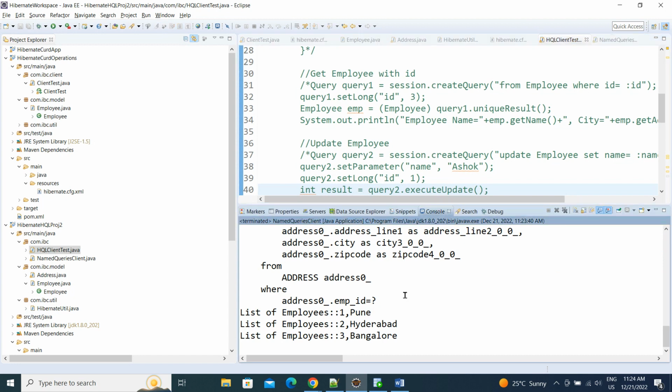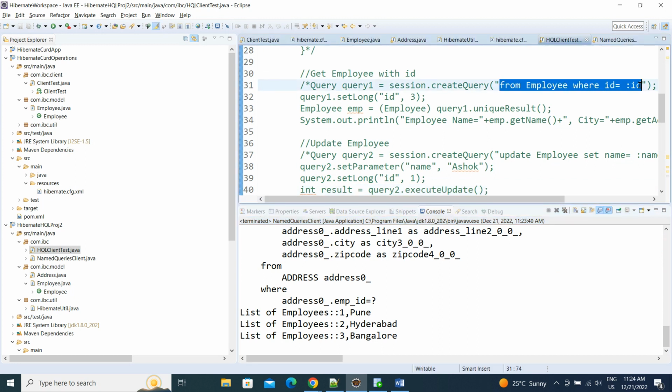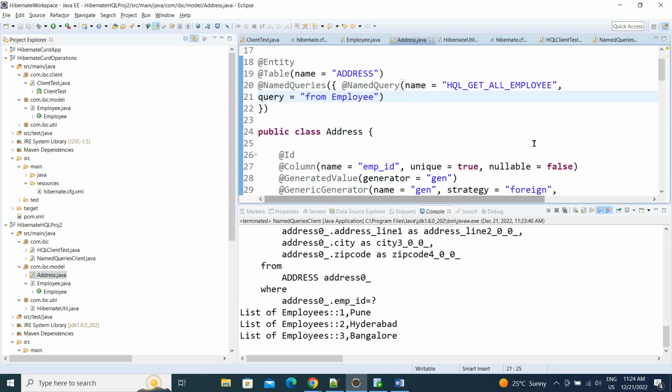Yeah, see, now it is returned. Okay, clear, guys? Now based on ID we are going to get. Now this is the query name for getting that. Now let's go to address based on